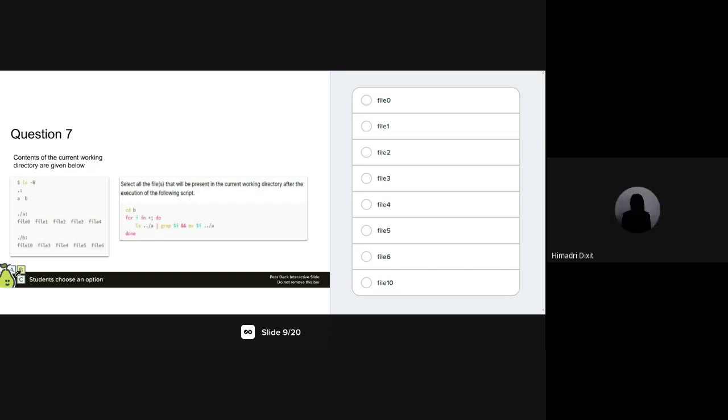Files in B. So we are going through files in B. Yeah. So if the first part gets successfully executed, then only it will move. So if it is there in A, if it exits with a success code of 0, then only it will move on to the move command.